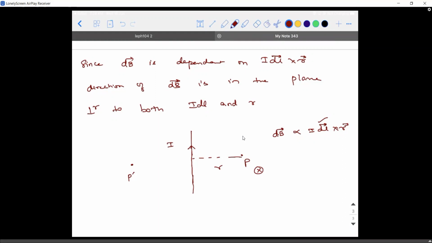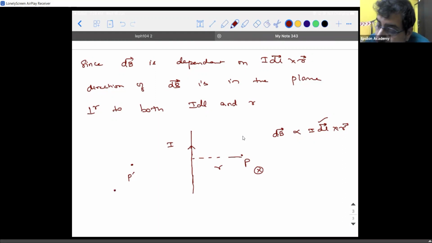Outwards, sir. It will be outward. Because on the left hand side, you will curl the fingers in the anti-clockwise direction. Idl same direction, point P here. From Idl towards r, if you turn it, it is going to be out of the plane. So these are the symbols used. This is called into the plane, means a cross mark and a circle around it represents into the plane, and a dot with a circle around it represents out of plane.